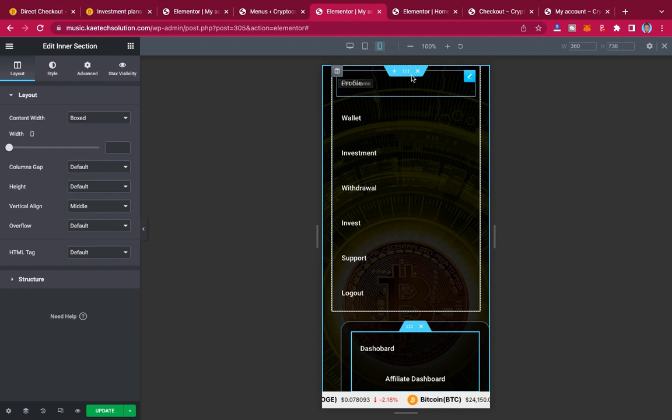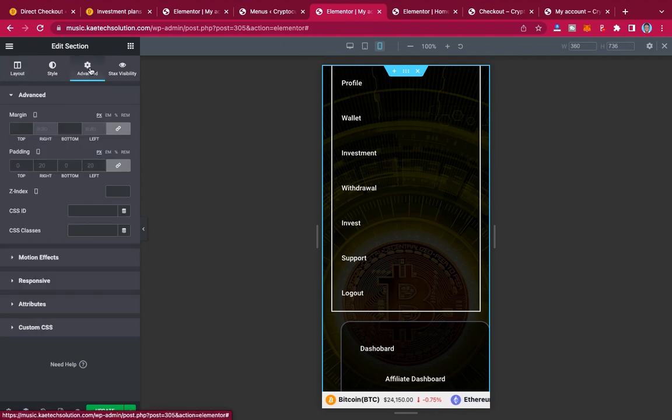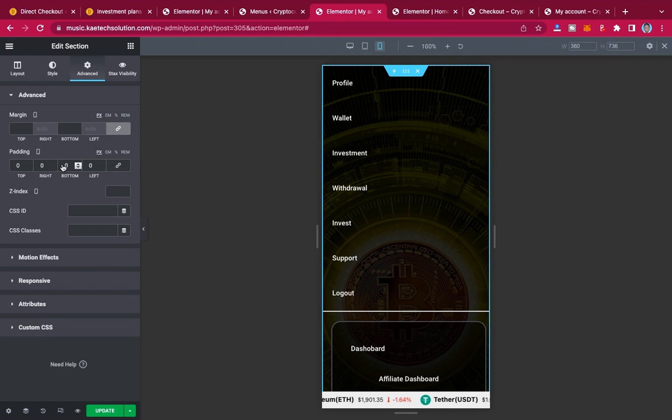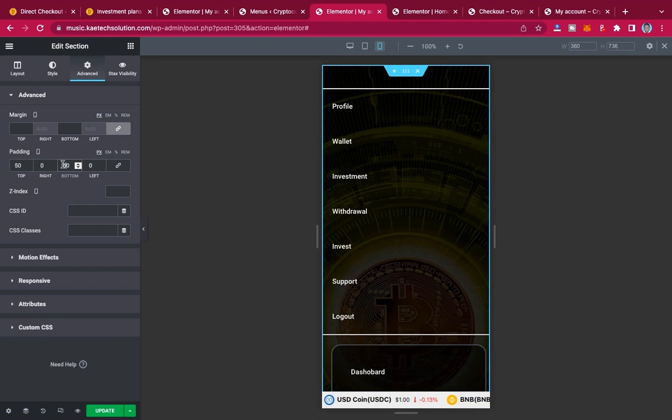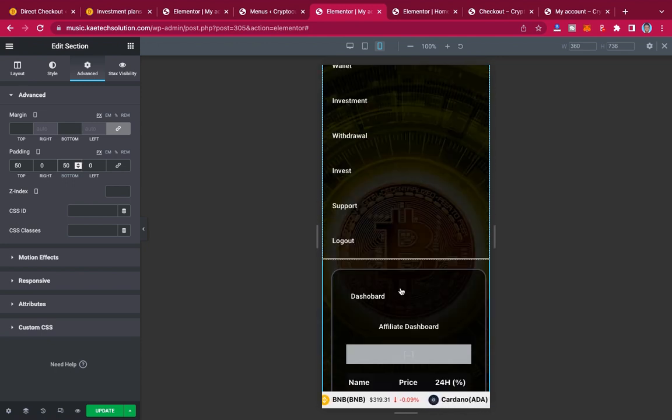Now first of all, let's give it a top and bottom padding. The top and bottom padding that we gave this one is too small, so we're going to give it 50. Oh, we gave it left and right here. Okay, so we're going to give a top of 50 and a bottom of 50. Now with this one, we're going to hide it. But before we hide it, we want to have